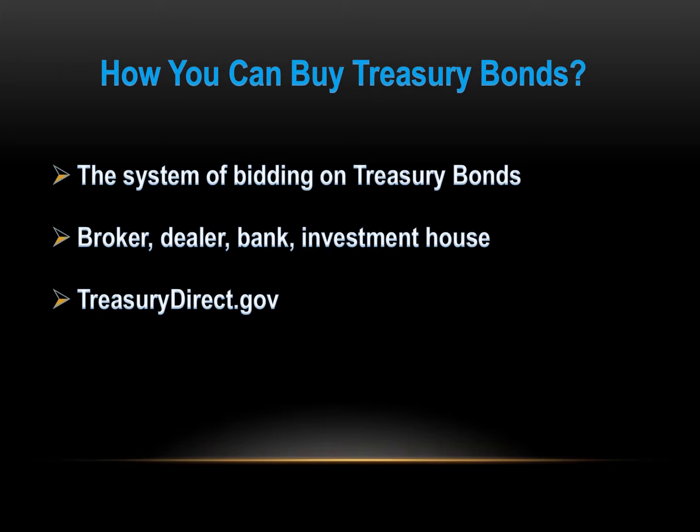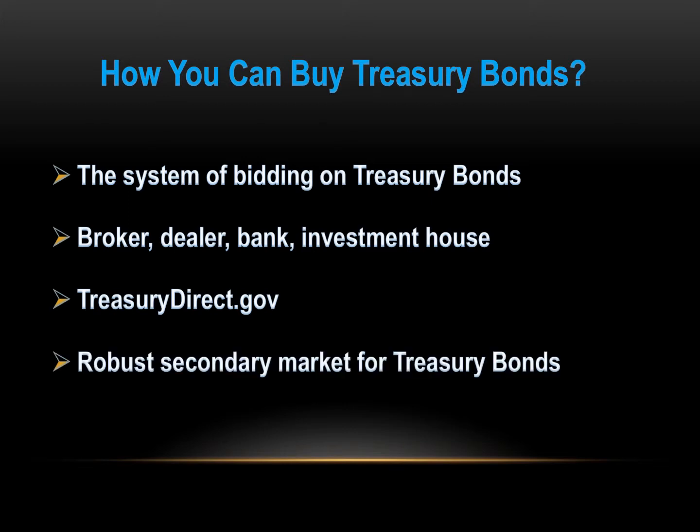After the auction, they can already sell the bonds in the secondary market. There is a very robust secondary market for treasury bonds that make the investment extraordinarily liquid. It is also the secondary market that causes the price of treasury bonds to fluctuate considerably each trading day. Because of this, the current auction and yield rates of T-bonds dictate how their prices will behave in the secondary